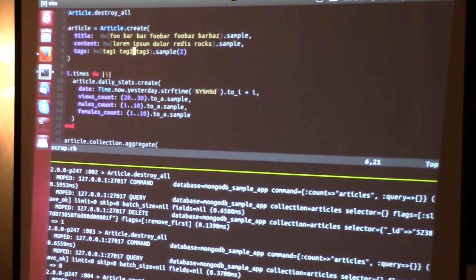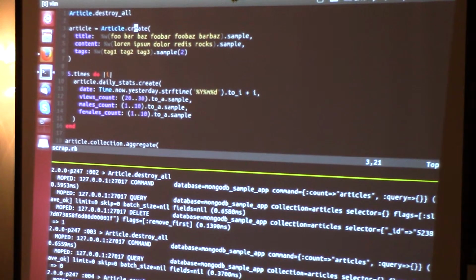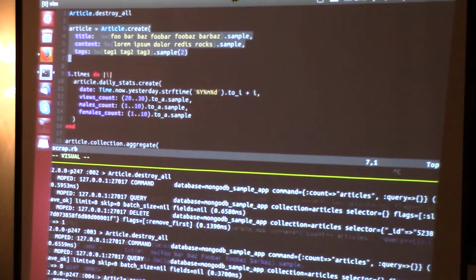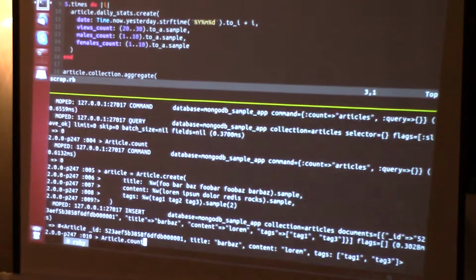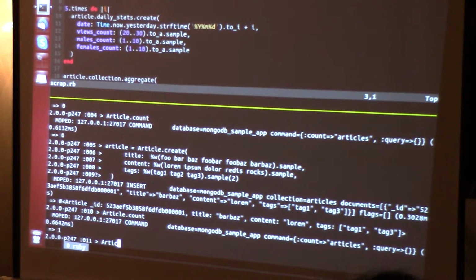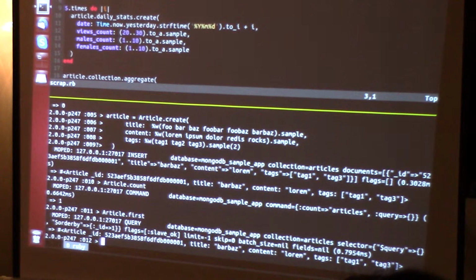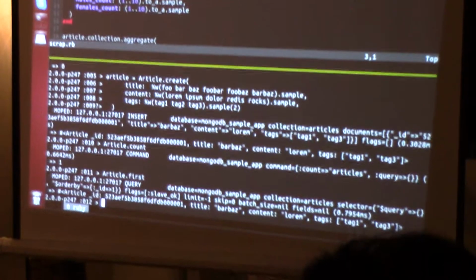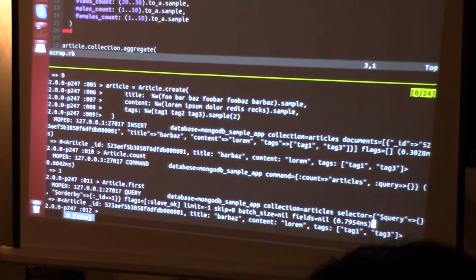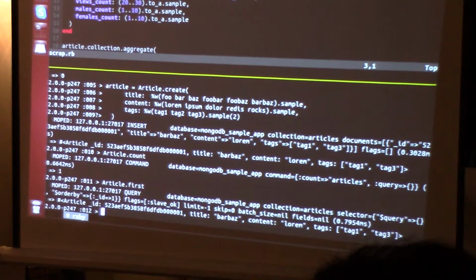Okay. Anyways, so I'll run this code, right? There we go. So now I do article.count. I got 1 article. That's first, and that's my article, right? Maybe I should have installed also print, but that line here basically shows you that I have 1 article. So, anyways, the next thing I'll do is